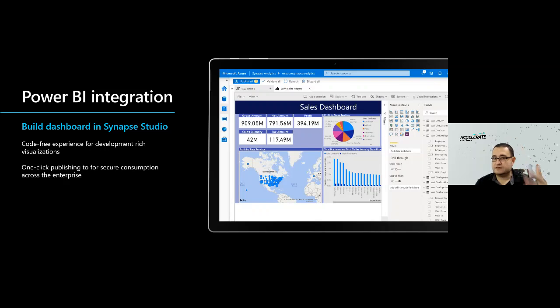So for those of you who have not experienced Power BI, it is a dashboarding and visualization tool that allows developers as well as business users to ingest, shape, and transform the data, and create stunning visualizations and dashboards with literally zero coding.